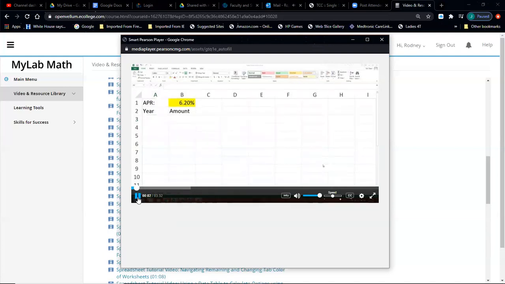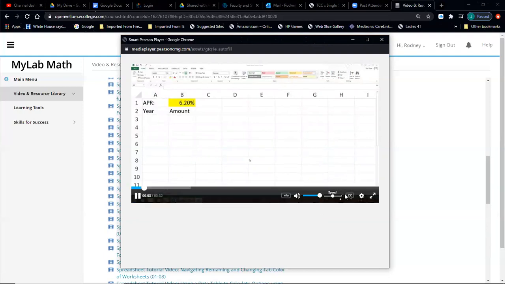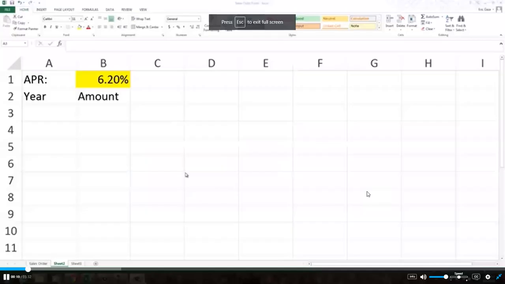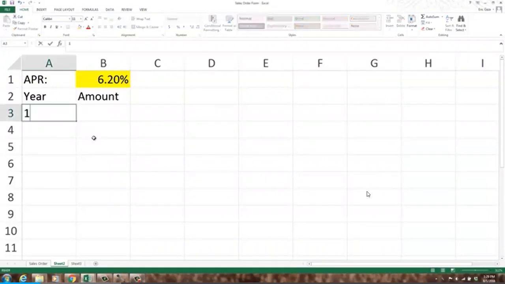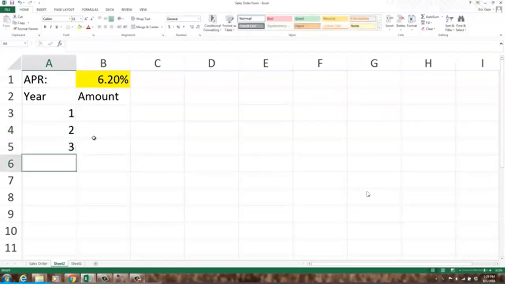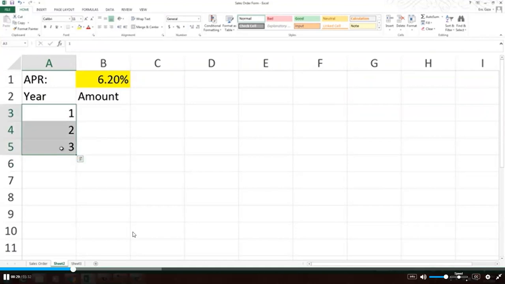We have seen how to use the fill handle to fill a formula. You can also use the fill handle to autofill a series. For example, let's say we would like to track an investment over a 20-year period, and we'd like to enter the years from 1 to 20 in column A. Typing these in one by one gets tedious. Instead, we can begin the series with at least 2 values, or as many as you would like, highlight those